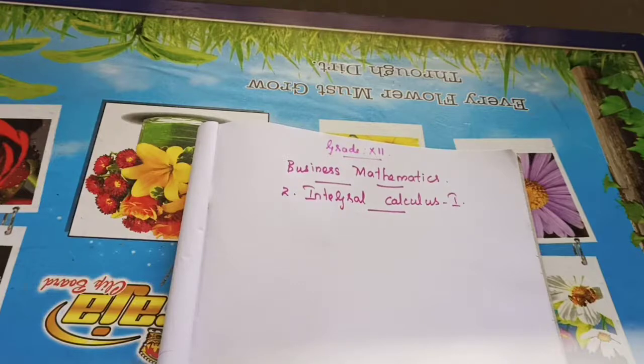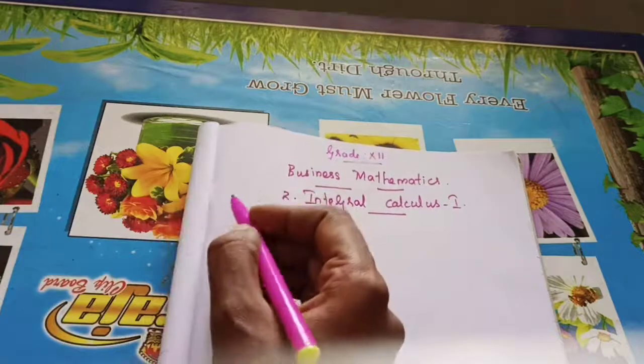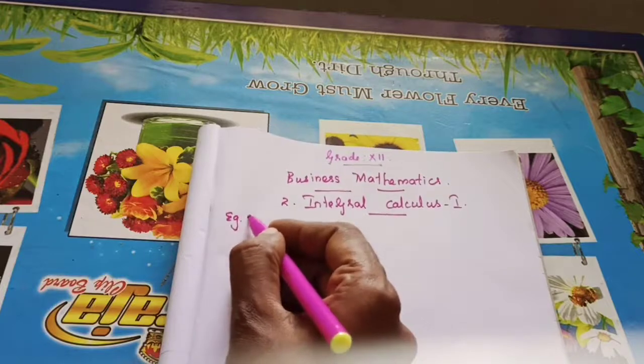We are learning our second chapter, integral calculus 1. In our last class we were learning the related problems to exercise 2.7. Some more example problems are left, so we will continue that. I hope you all completed the last day's homework also. Let's move to today's class. We have already completed up to example 2.49.